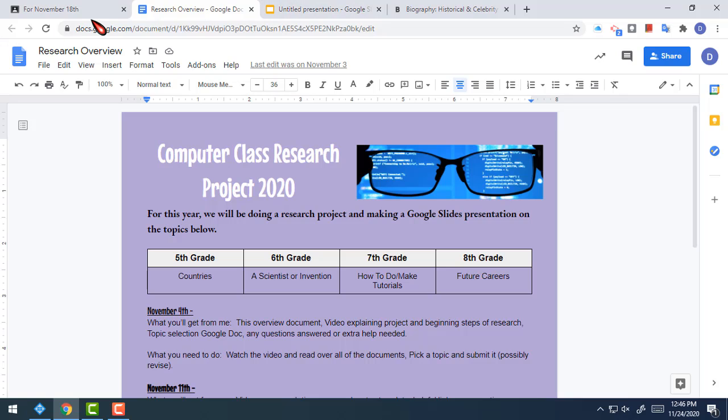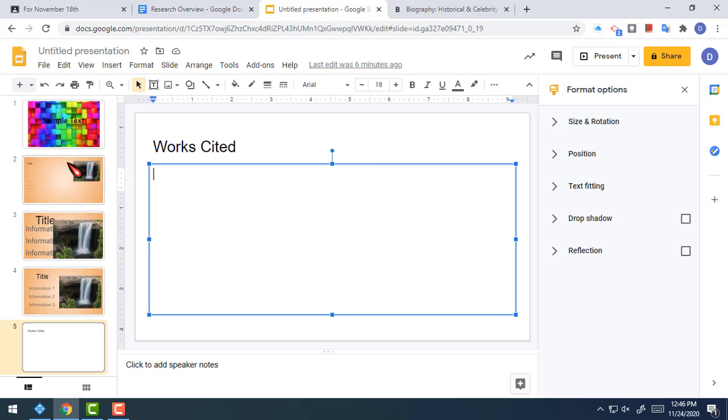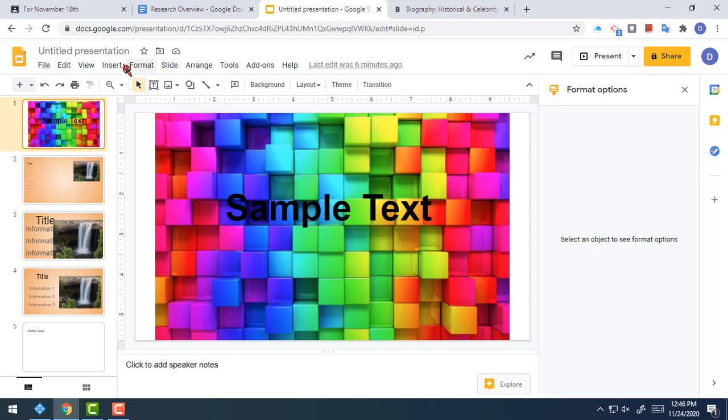Now, the rest of this video, which I'm going to keep as concise as I can, is going to talk about a few little tips about making that Google slideshow. Last week, we went through the basics of how to make a slideshow, the different elements you can add in, and how the program works. For this week, I'm going to talk about a couple of fine-tuning tips or tricks or things to help you out. The first of which, I'm going to start on this slide here, and it has to do with